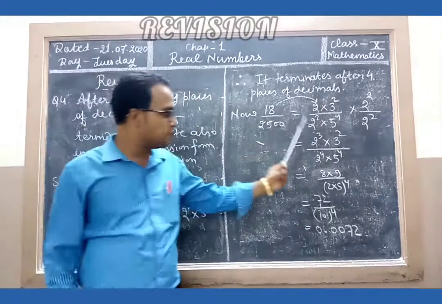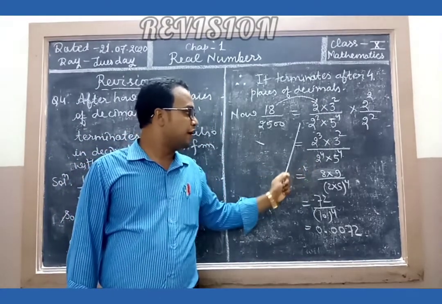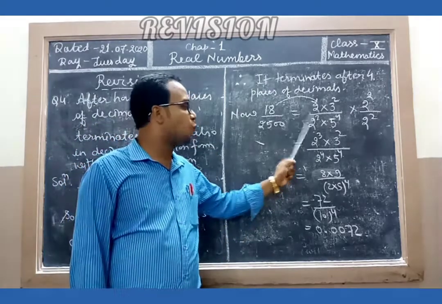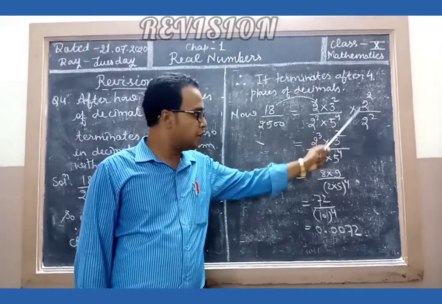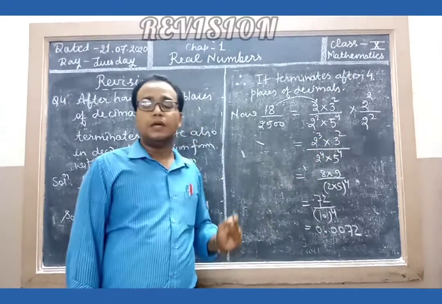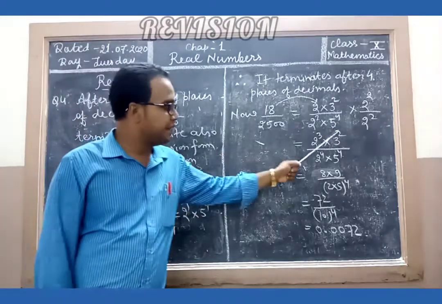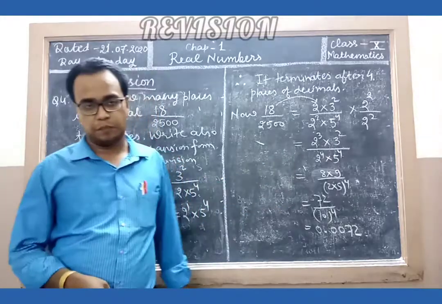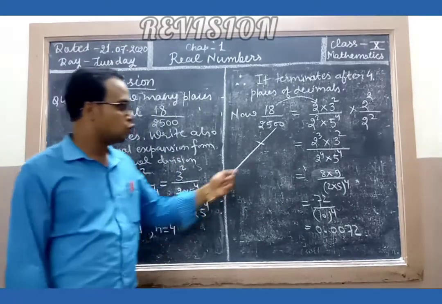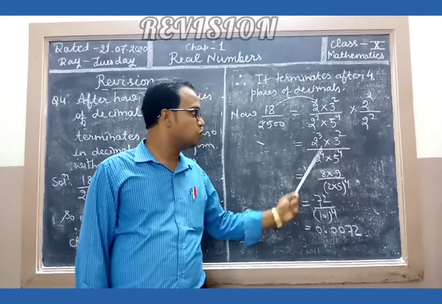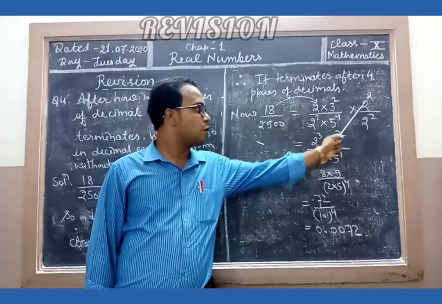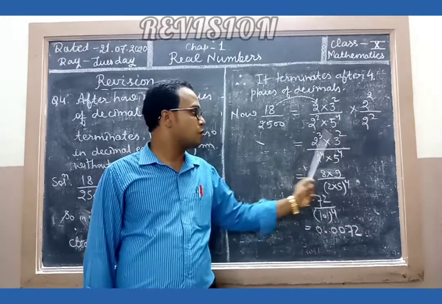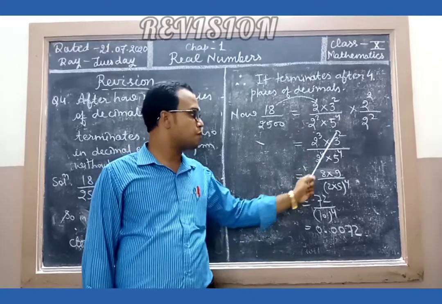In the denominator you observe that 5 is to the power 4 and 2 is to the power 2. So if you want to make the power of 2 equal to 4, we multiply both numerator and denominator by 2 to the power 2. It is necessary because for making 10, the power of the base must be the same. So 2 to the power 1 into 2 to the power 2: bases are same, so powers must be added, 1 plus 2, 3. Into 3 to the power 2. 2 to the power 3 is 8, 3 to the power 2 is 9.